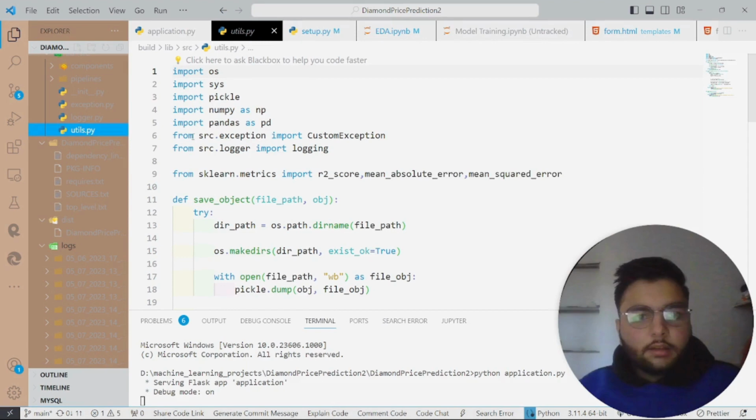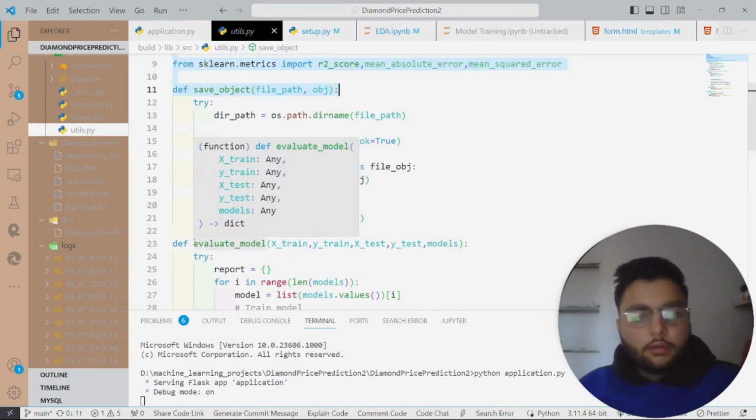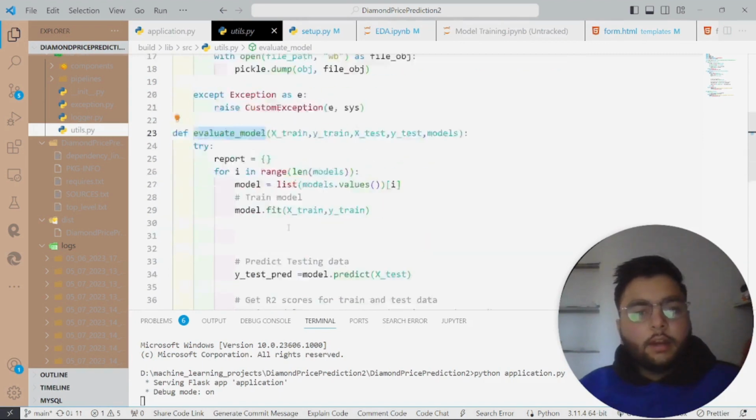In the utils file, which is basically for utility functionality, whatever you have done in the model training step is helping us to evaluate the model.